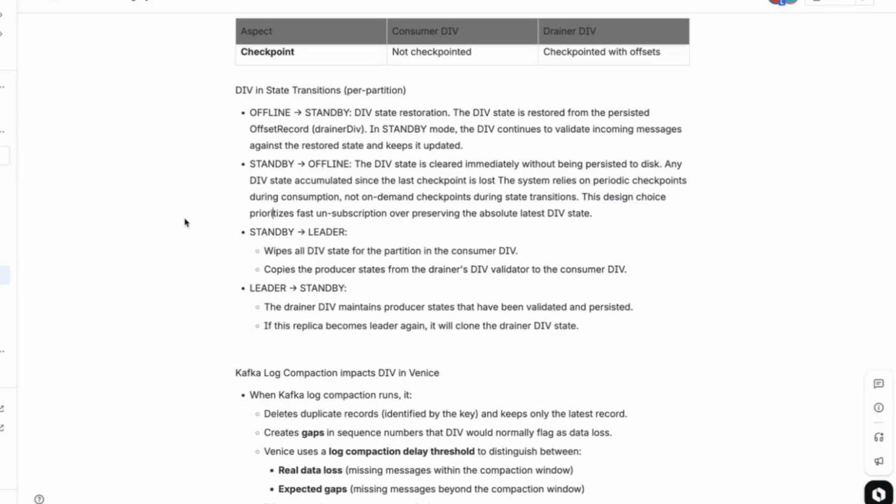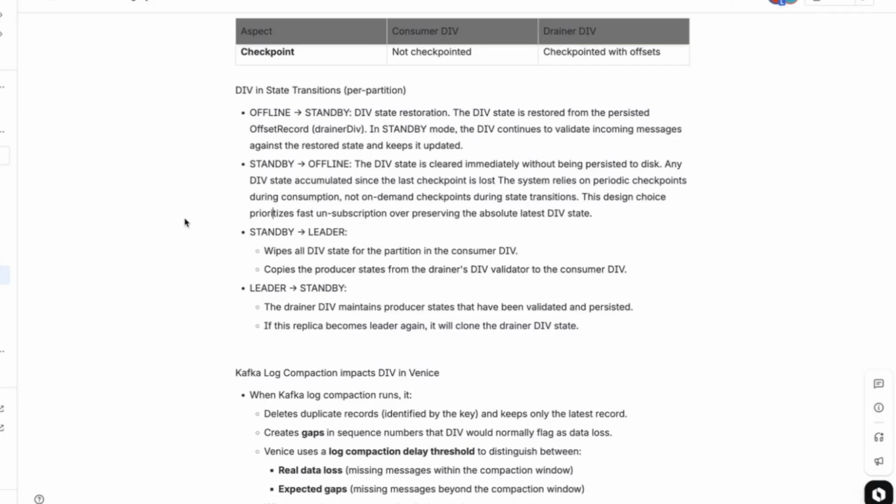From offline to standby, this transition normally happens when a server restarts or a new server joins the cluster. In this case, we check if there's any existing offset record, existing checkpoint, then we load it,